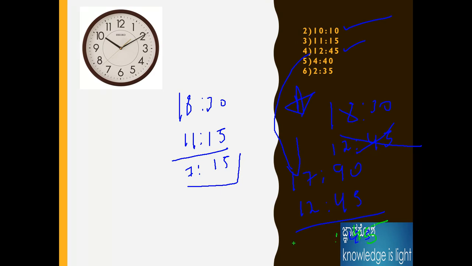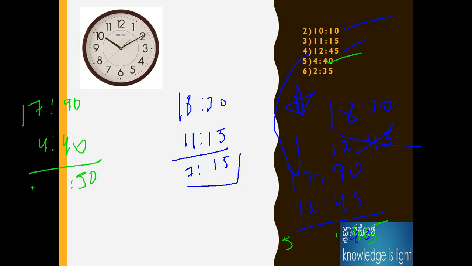And 70 minus 3 is 5, which is the answer for this question. Okay, now I am taking 4:40. 4:40 is also the same thing. 4:40, 17, 90. Why? Because it is 30, we can't have that, it would come out negative. That's why I am taking 4:40. That means 50. The time should be 50.